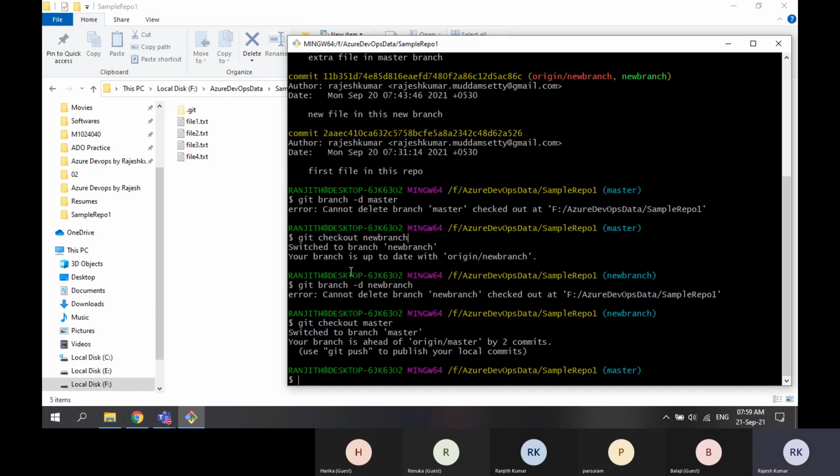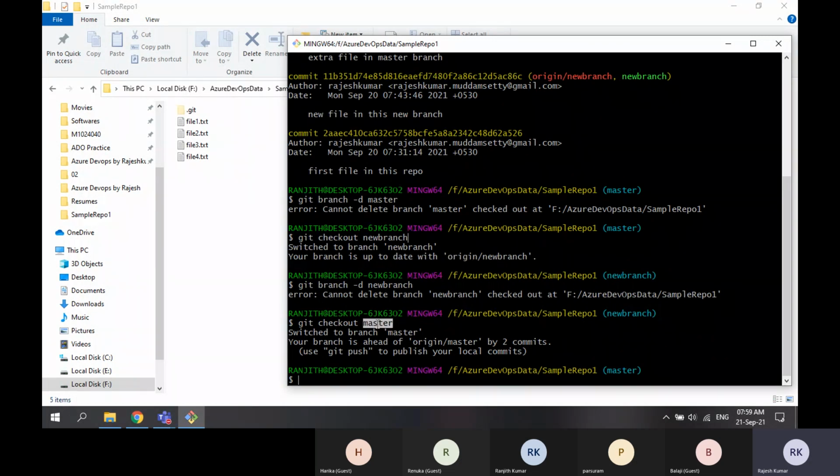Now, in the master repository, if you have observed, it is showing some message when I check out to master. When I check out to new branch, it says your branch is up to date with origin.